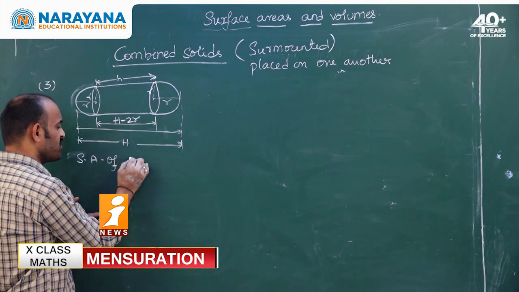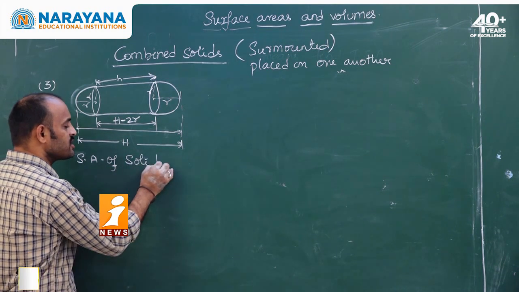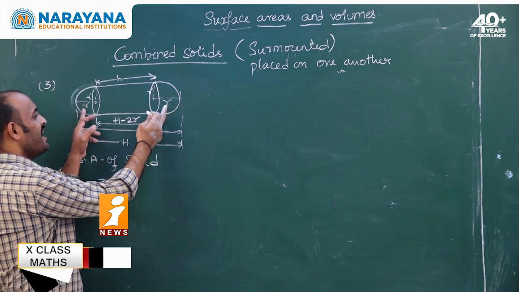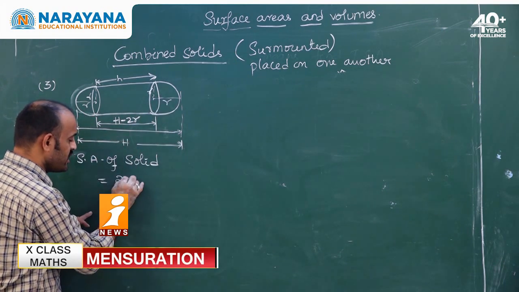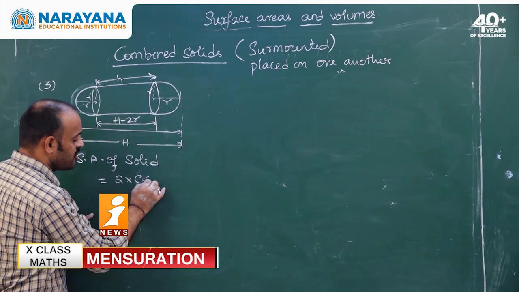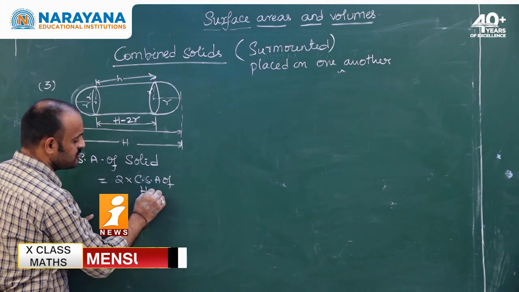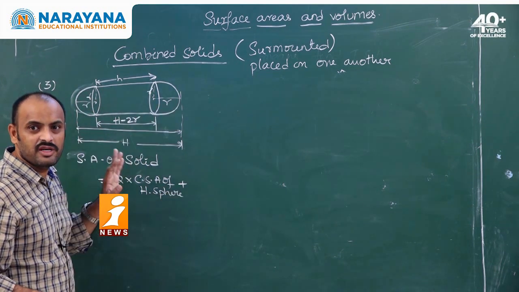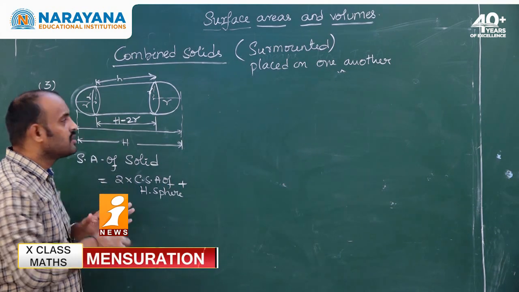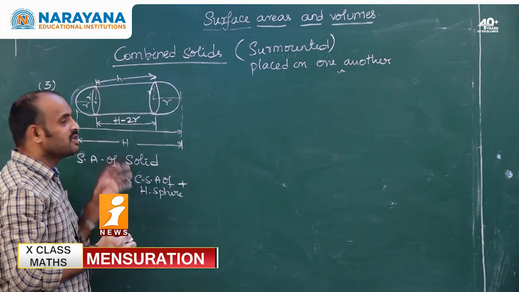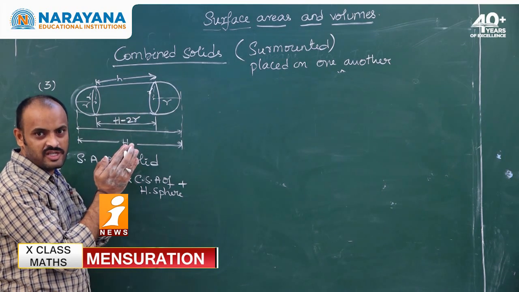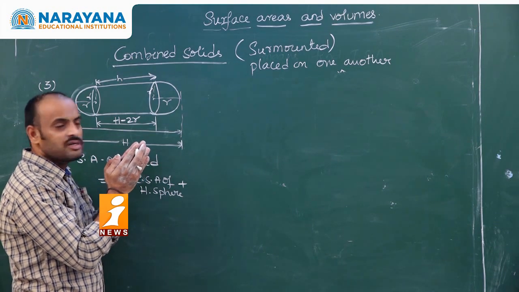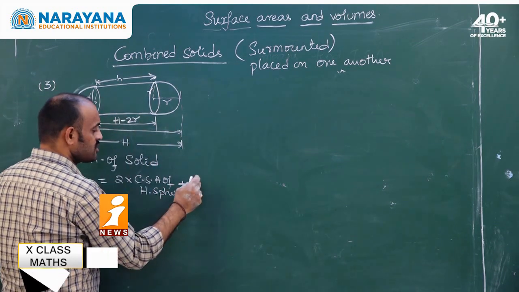or it can be a combined solid. The surface area of the resultant solid is CSA of hemisphere plus CSA of hemisphere. As both the hemispheres are the same, I can write 2 into CSA of hemisphere. Because I cannot see the base of the hemispheres, I cannot consider their bases. Now, CSA of cylinder: because the bases of the cylinder are joined with the hemisphere bases, I cannot see the bases of the cylinder. So I will write only CSA of